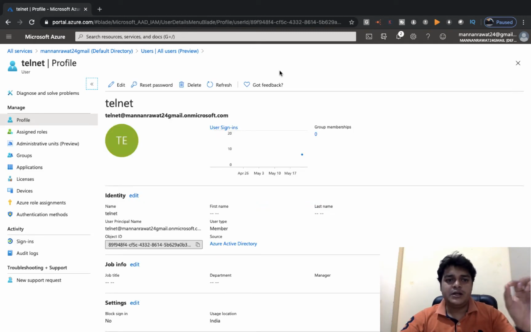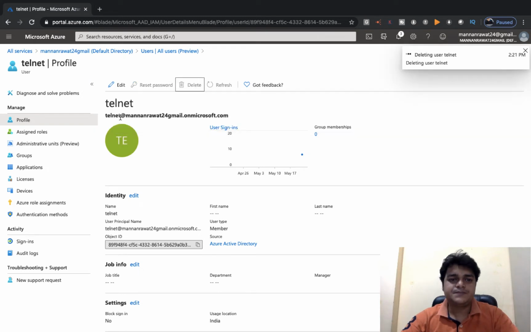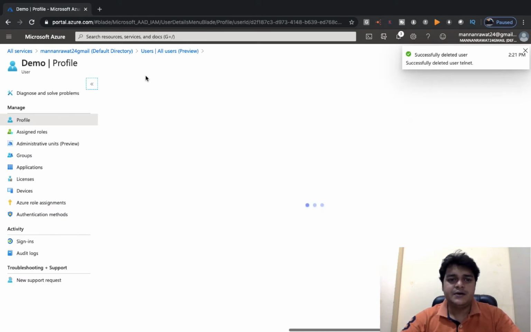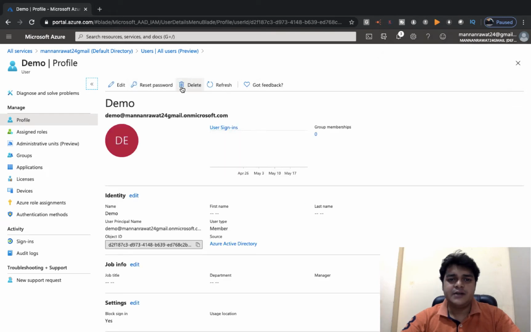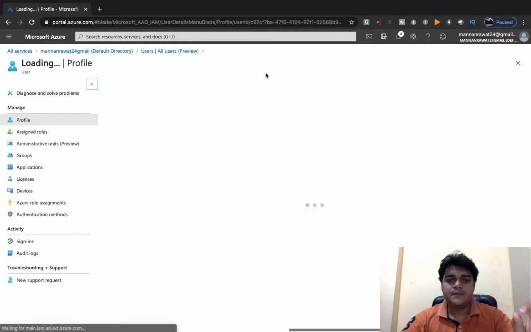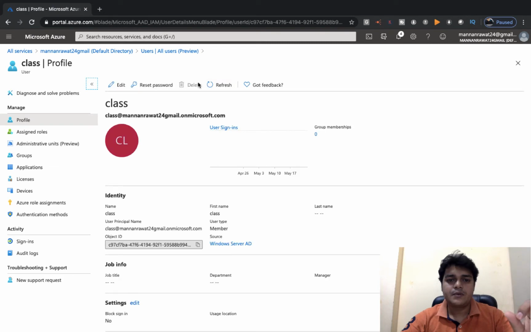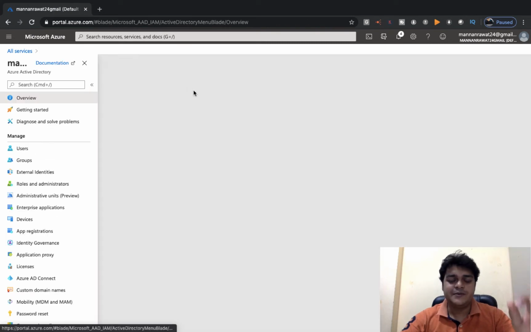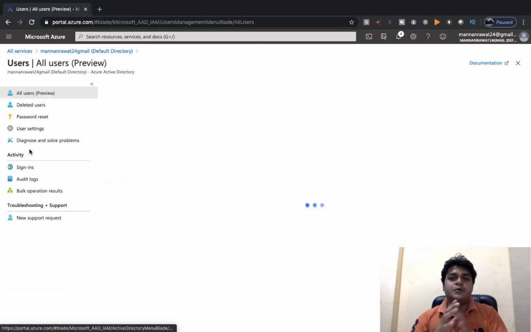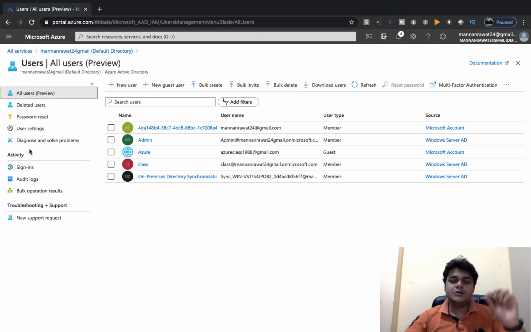So I'll delete the existing users. I'll delete the telnet user, and then try to delete the class user. It's associated with our on-premises directory, so we are unable to delete it. Not an issue. Now I'm going to show you how you can create multiple users.